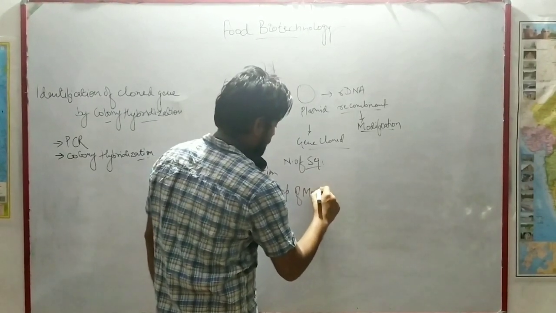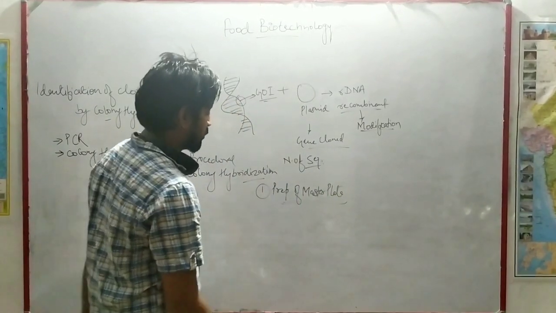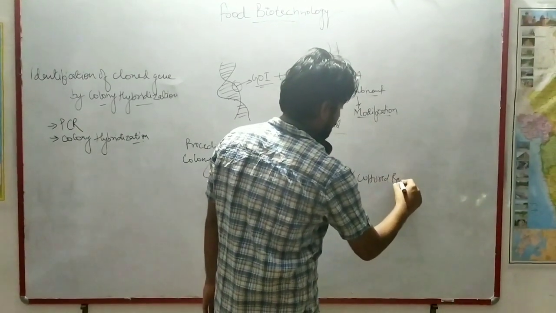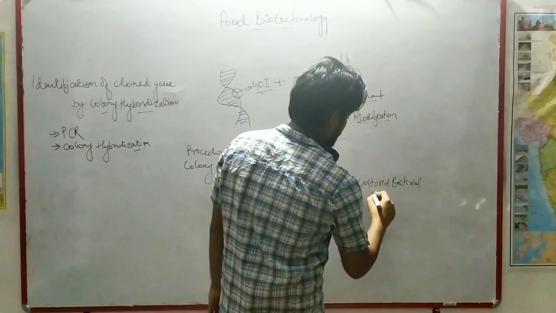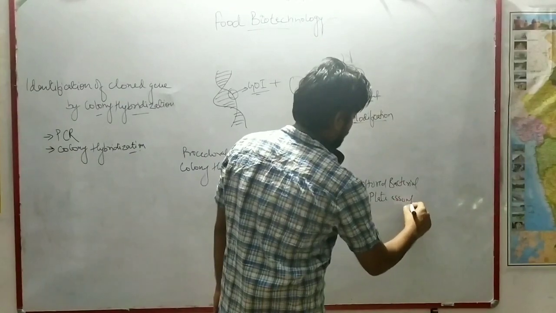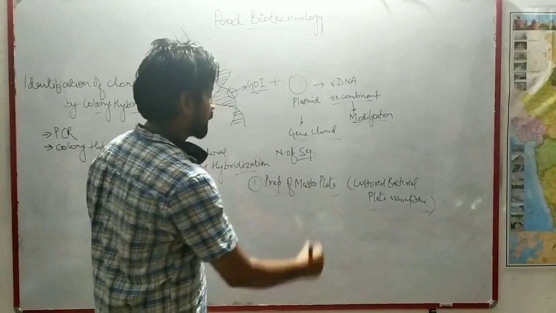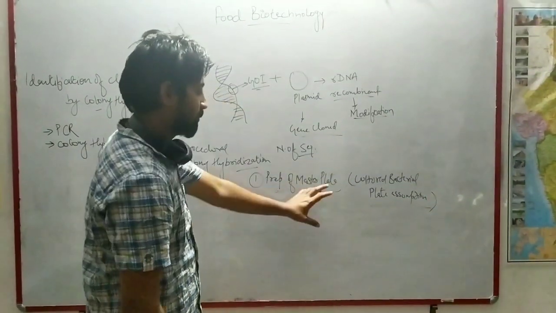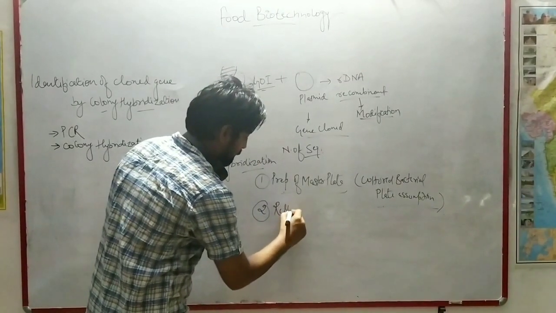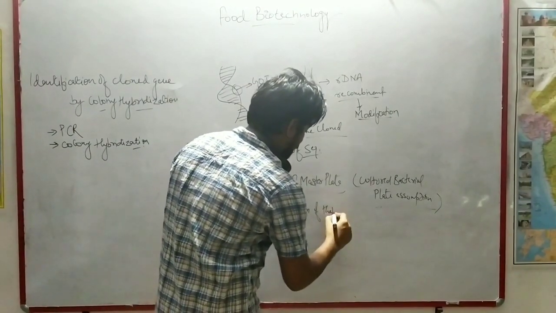What is your master plate? Master plate means you have a culture of bacteria where the transformation is done. Your cultured bacterial plate is there, where you assume, this is your assumption, that this particular bacterial plate contains all the sequences which are modified. So you have to prepare that plate. After preparation of that plate, you will go to step 2, which is creating a replication of that bacteria